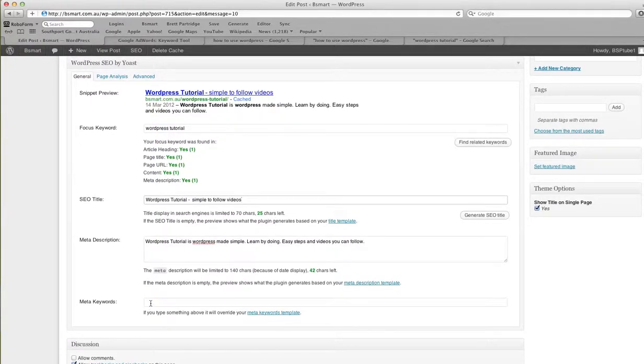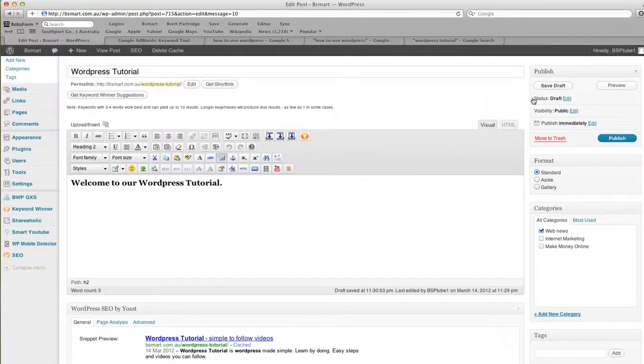Meta keywords, they're not so important anymore, but it won't hurt to add them. So again, just one word of caution. When you're entering meta keywords or a focus keyword, no capitals in any of that. So again, remember to save your draft